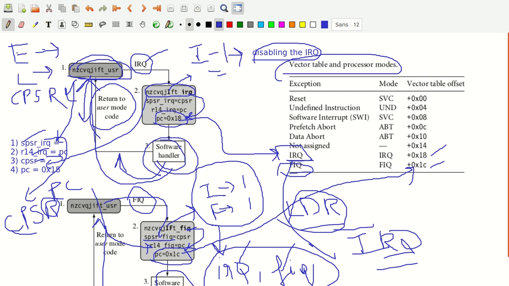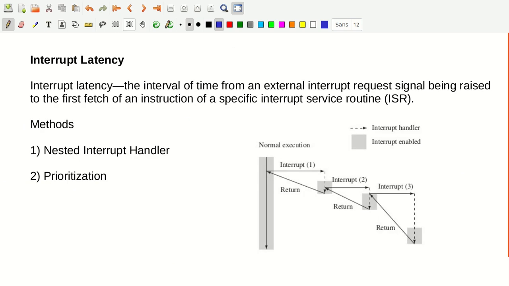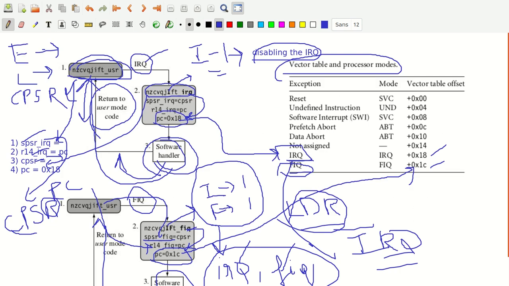There you disable the IRQ whenever you enter the IRQ exception, and when you return from the IRQ handler, you enable the IRQ again. So that's what you do.